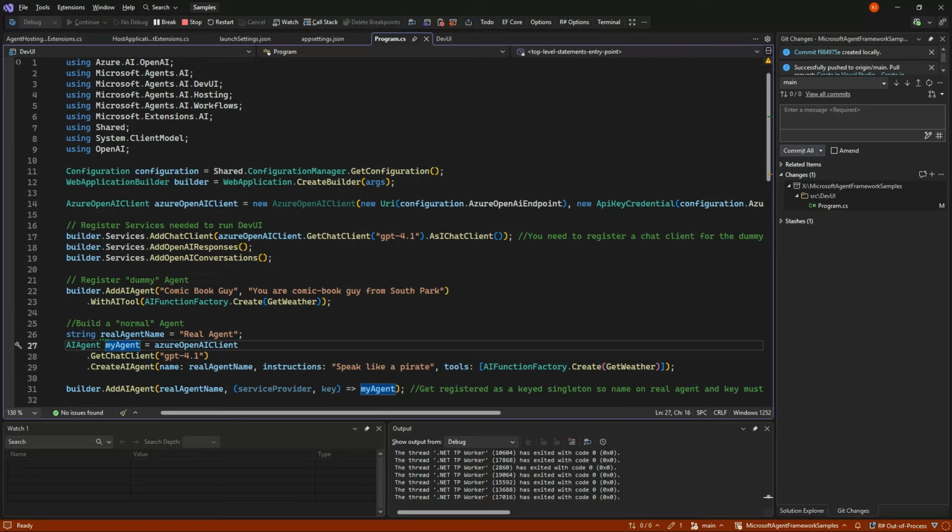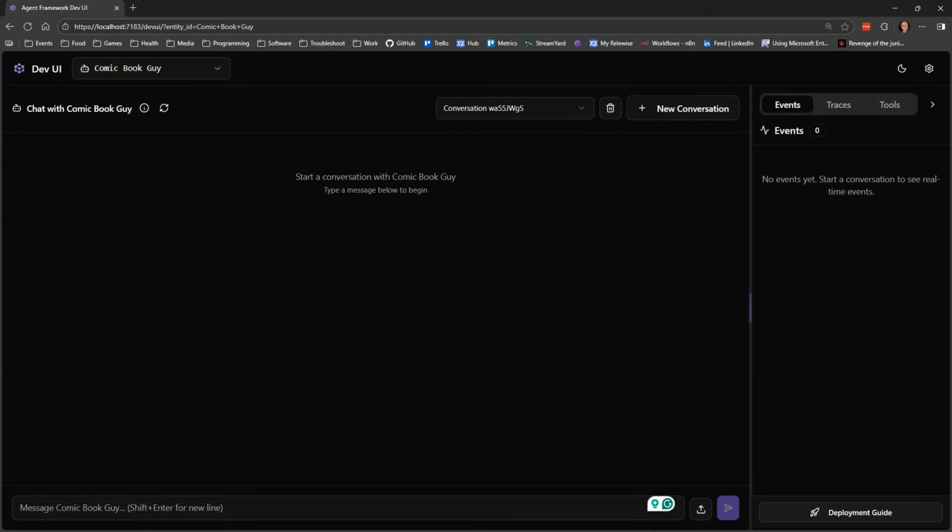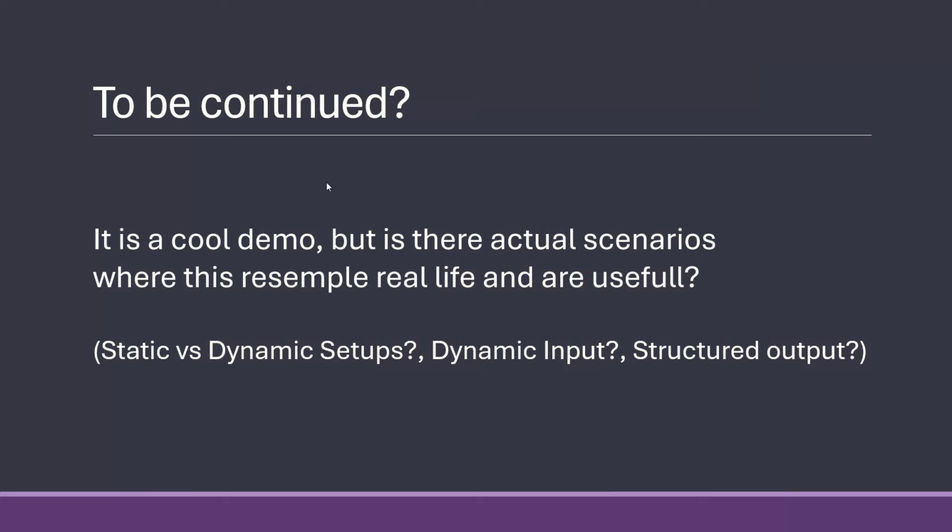So I might find something, and there might be a second video on this to figure out how this actually is useful in real life production. Because yes, I could just expose my agents, but if they are not the same as my real agents in my applications, then I'm just testing hello world more than anything.